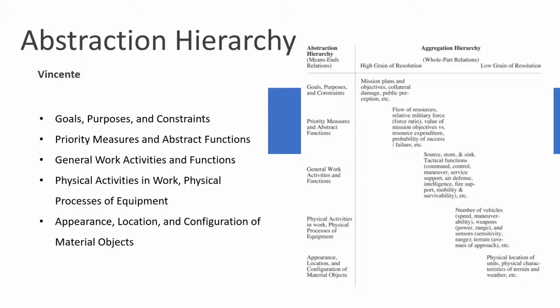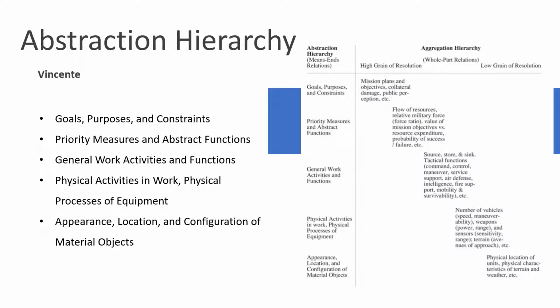Another framework used to develop EID is the abstraction hierarchy developed by Vicente. And this is a tool that constructs models of the work domain. It's essentially a template with 5 different levels that can categorize the different constraints and sources of information that are within the system. So the example I provided here is a study done on Army tactical operations. And the 5 levels are